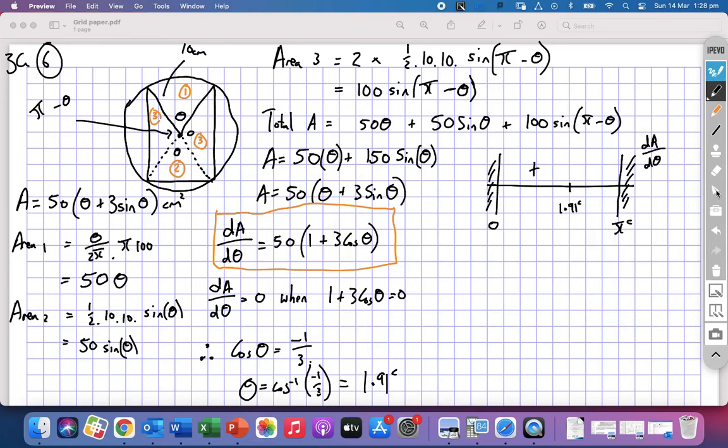It's going to look a bit messy. You think, I'm going to test 2, I've got to be smaller than 3.14, that's what pi is. But 2 is a nice number for a calculator, right? So if I did 1 plus 3 cos of 2,